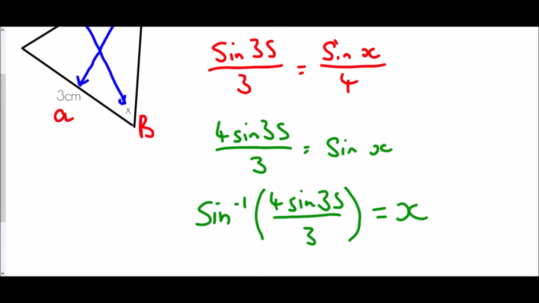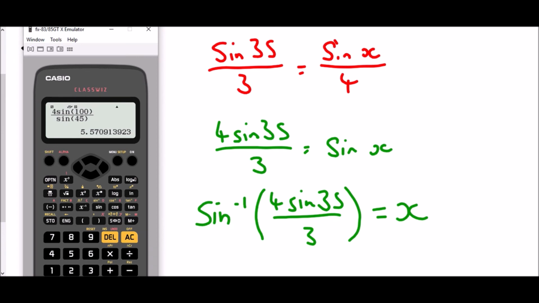And so we're going to type all of that in. We're going to go for shift sine, open bracket, 4 sine 35, close that bracket, and over 3, close that bracket, and what we get is